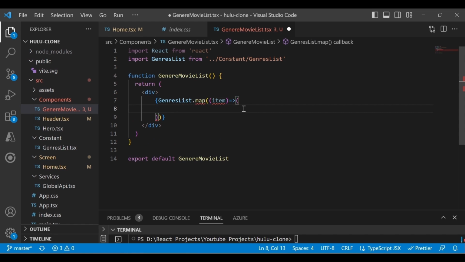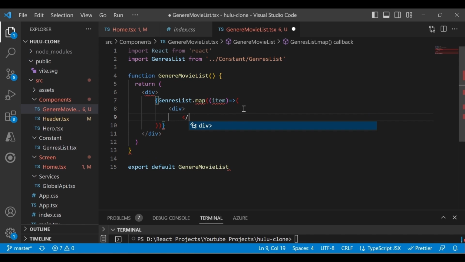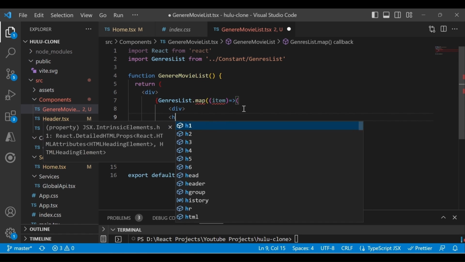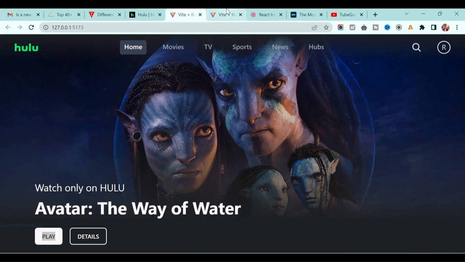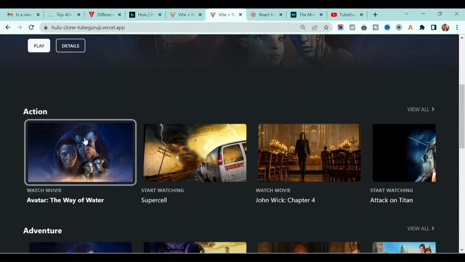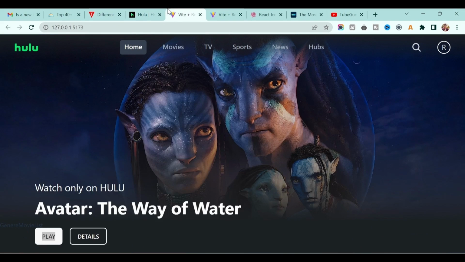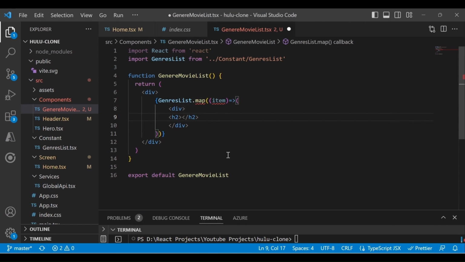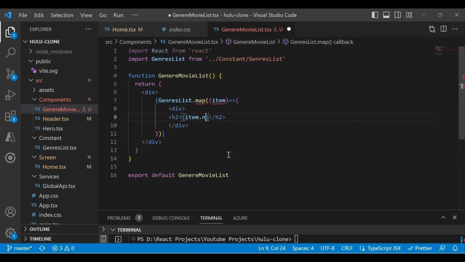So this is an arrow function which we already did, right, and here I will define the name of the genre. In this application we have this list of genres, action, adventure, that's what we want to display. So let's go back here again and just type item.name, and save it.